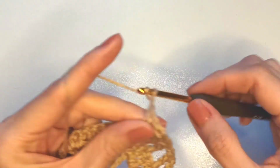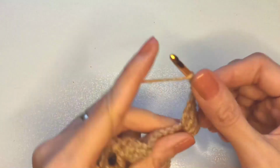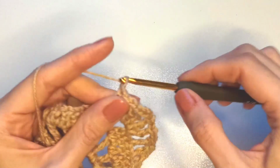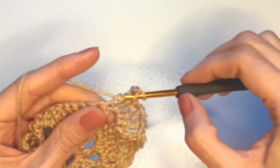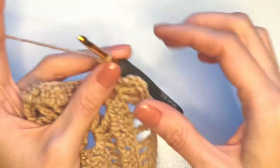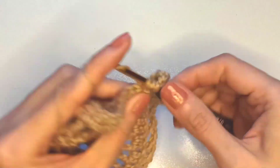Now make corner with chain two, yarn over twice, in the same space make a treble, chain one, and make one more treble. Don't forget, you come here with treble, chain one, and insert the first stitch, start with treble, because you come here with treble. Which you do that side, you will do the same thing in that side. Chain one, skip one,